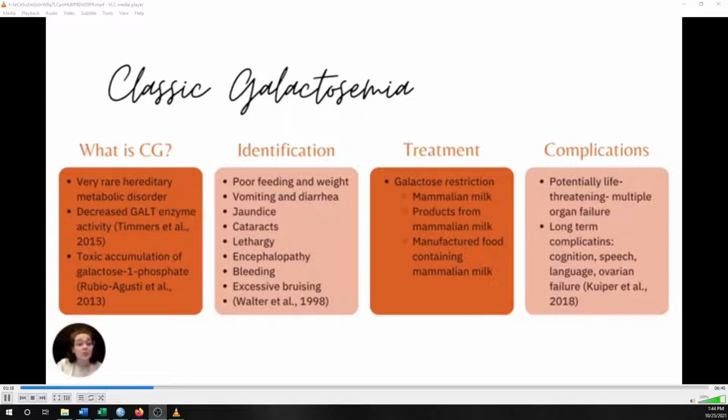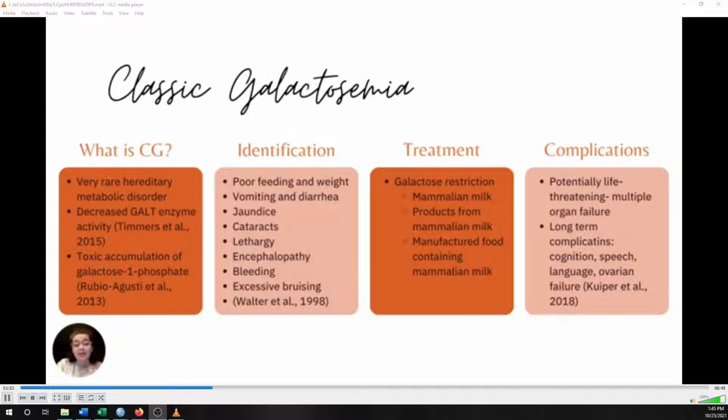This includes human breast milk, which is why early identification is so important and why it is so great the U.S. screens for it right after birth, because obviously newborns are only consuming breast milk and/or infant formula, regular infant formula, which also contains galactose. And this high consumption of galactose at birth or right after birth really leads to the toxic accumulation we were speaking about, which leads to our complications,